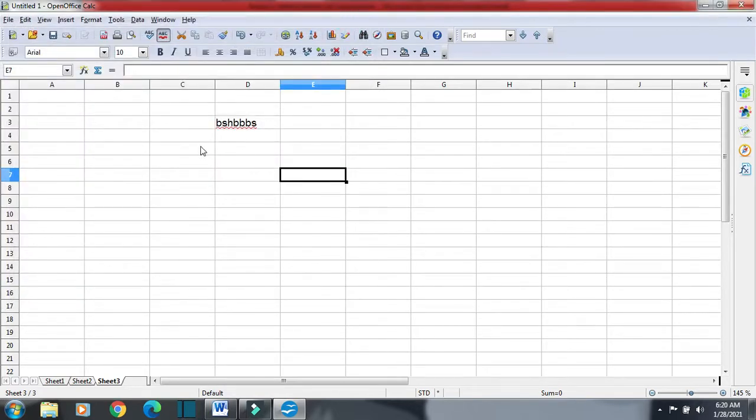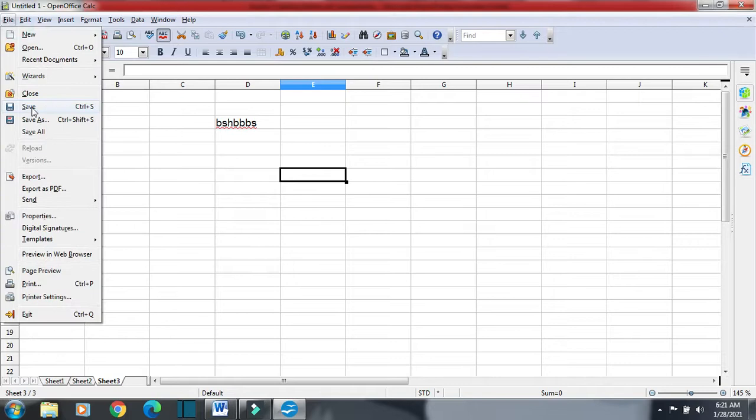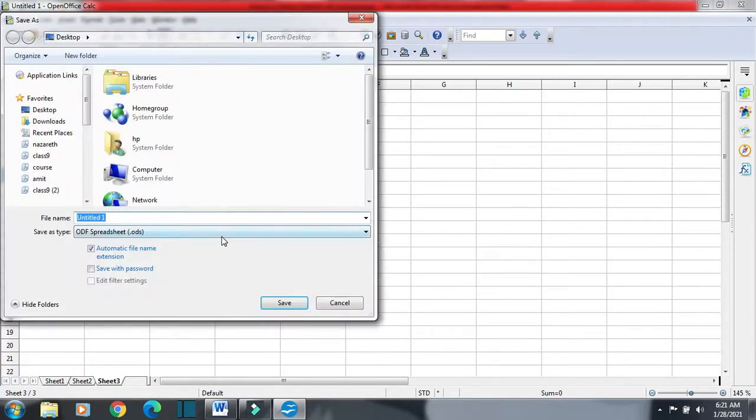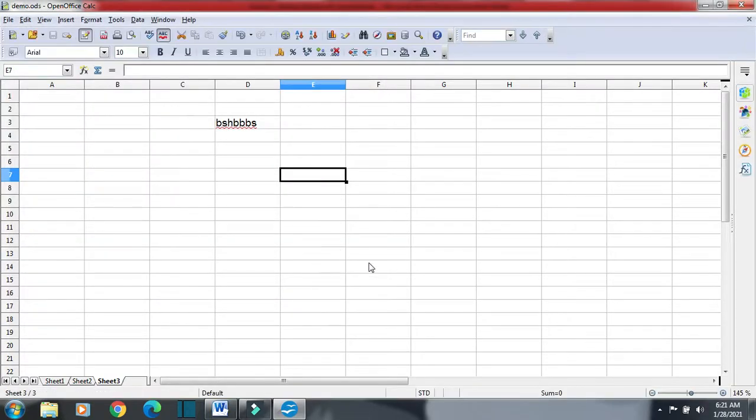Now if the file is previously saved, and I click on File and then Save, or click here, or use the shortcut Control plus S, it will automatically update any changes that we have done in the file. So let us save this file with a name, and suppose I am saving it on desktop and then Save. You will see the file is saved and this star option has gone because all the changes that we have made are saved. Suppose I make some more change, then you can see this star icon has come.